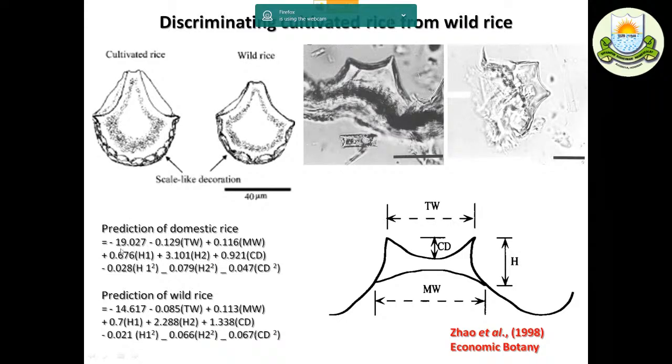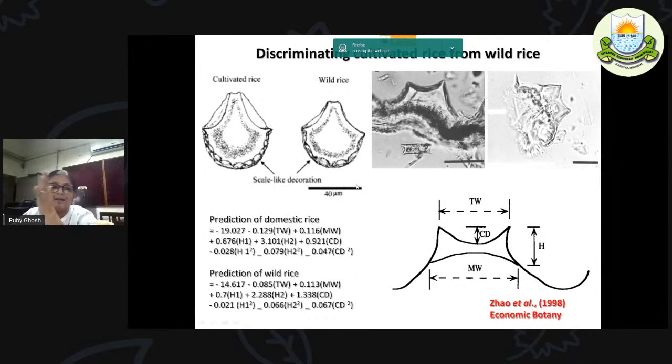If the prediction of the function for domesticated rice gives a number higher than that for wild rice, then you can be assured that the rice bloom cells you are getting are pointing towards domesticated rice. So in this way, you can say when exactly plant domestication started in the